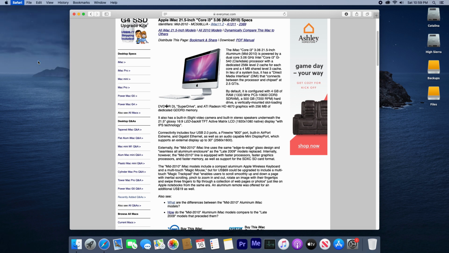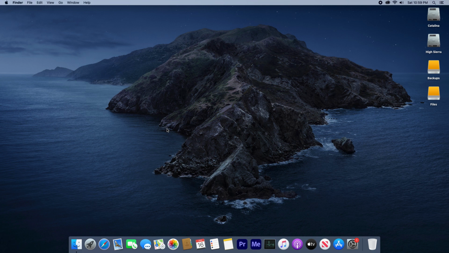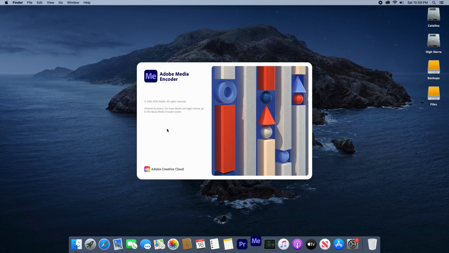There we go. Let's test out Media Encoder, and let's check our CPU usage once we're doing this. I've actually never opened Media Encoder on this machine, so it's probably going to take a while. I don't actually want to go for that much longer. It's already 11 o'clock, but